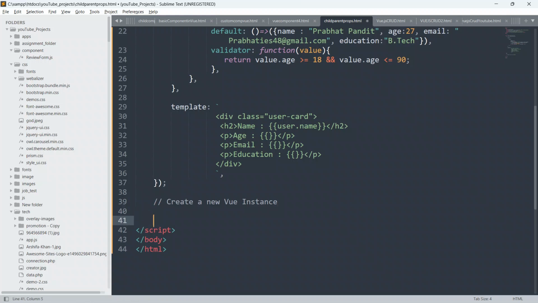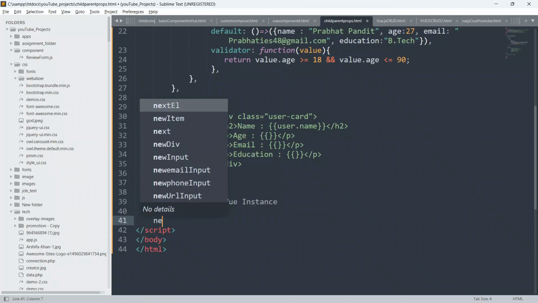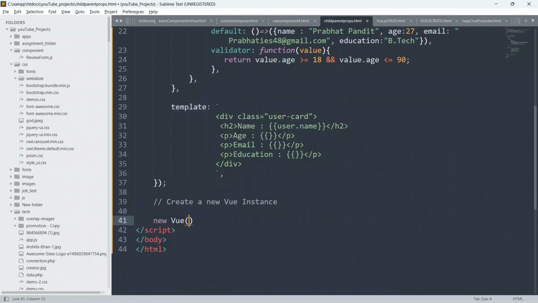So I'm going to create a Vue.js instance. You all know that in order to create a Vue.js instance we write new Vue with opening and closing parentheses, and inside this opening and closing curly braces. Then we give el, which means element, in double inverted commas, hash app, and put a comma.